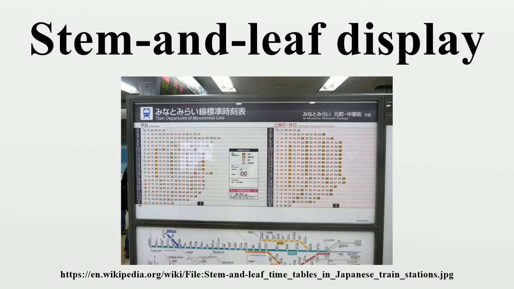A stem and leaf display is a device for presenting quantitative data in a graphical format, similar to a histogram, to assist in visualizing the shape of a distribution. They evolved from Arthur Bowley's work in the early 1900s, and are useful tools in exploratory data analysis. Stem plots became more commonly used in the 1980s after the publication of John Tukey's book on exploratory data analysis